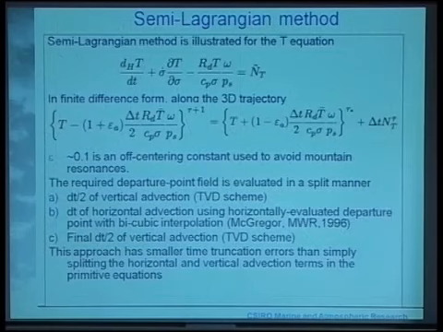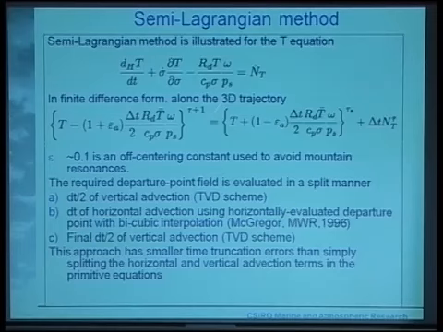Semi-Lagrangian method. There's a few non-NWP people here, so it might be worth mentioning just how that works. So in the temperature equation, you've got the advection, horizontal and vertical advection of temperature, you've got an adiabatic term related to the vertical velocity, and then you've got various physics and other nonlinear terms. So semi-Lagrangian,